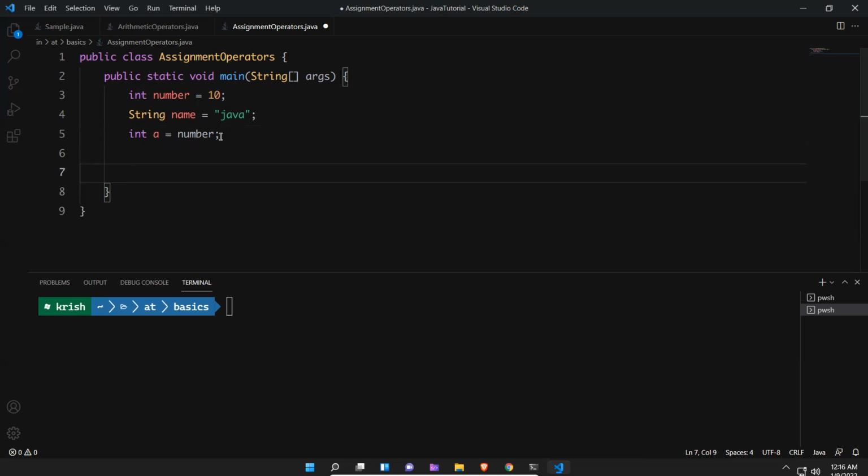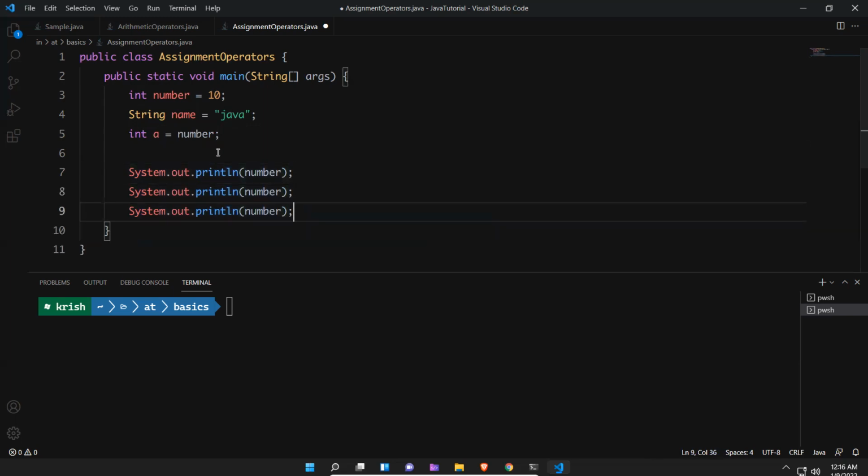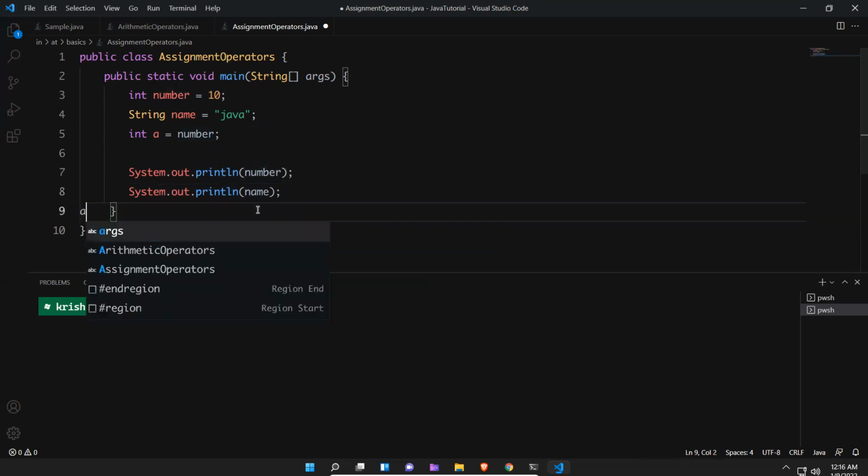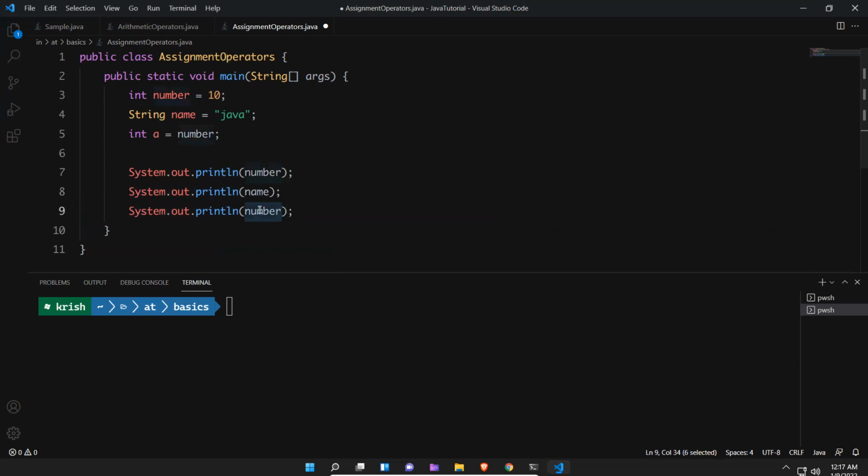Now I try to print these values. System.out.println, I'll print number, here I'll print name and here I'll print A. So number is 10, name will print Java, and A will print 10 again.